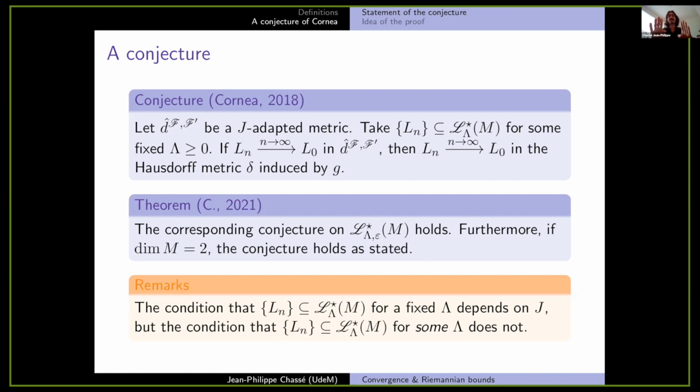I'm not entirely sure about that, but I think it had something to do with Hausdorff, the other way around, essentially, that if you have convergence in spectral norm, then you would have convergence. No, the other way around, sorry. If you have convergence in Hausdorff metric, then you would have convergence in spectral norm. But apart from that, I don't think that anything is known. You have the Arnold, the nearby Arnold conjecture that one can